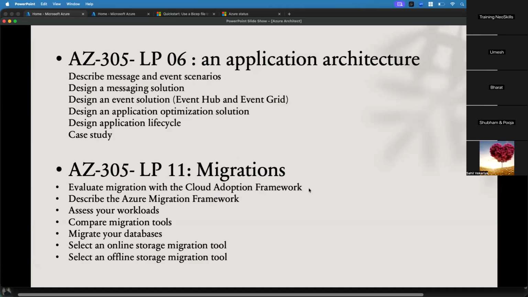Now, let's start with the migration part, and this is more on the theoretical part because we are not going to do any demonstration, but I will show you where that option is. Whenever we are talking about the cloud adoption framework, first of all, we need to understand why we need the migration. Whether the on-premises costing is more, whether the on-premises is not providing us the flexibility, and then if we are thinking about the cloud or the cost optimization, then we need to also understand that